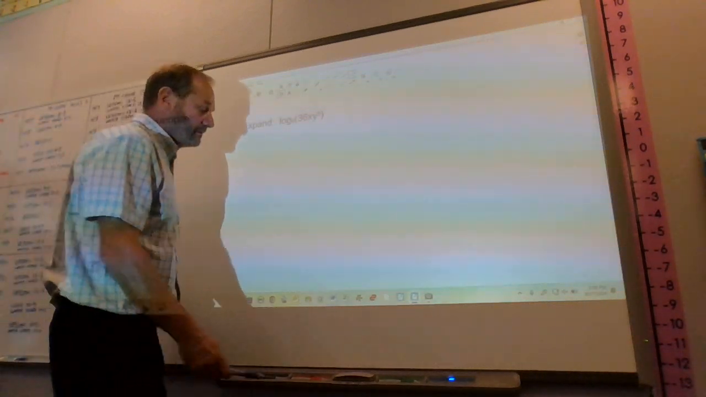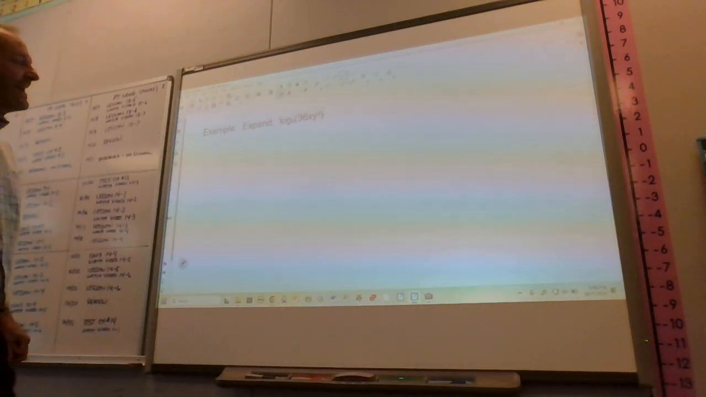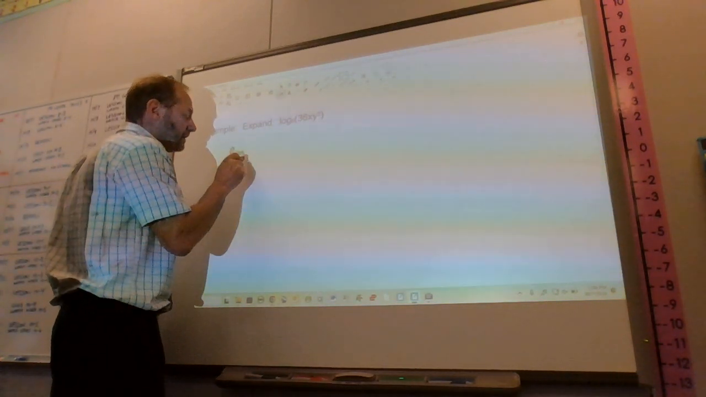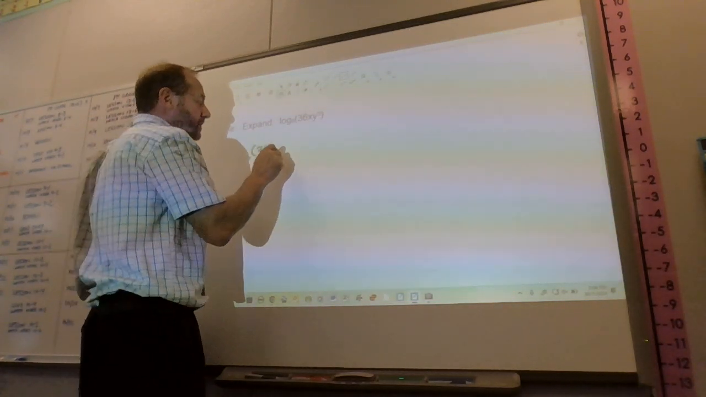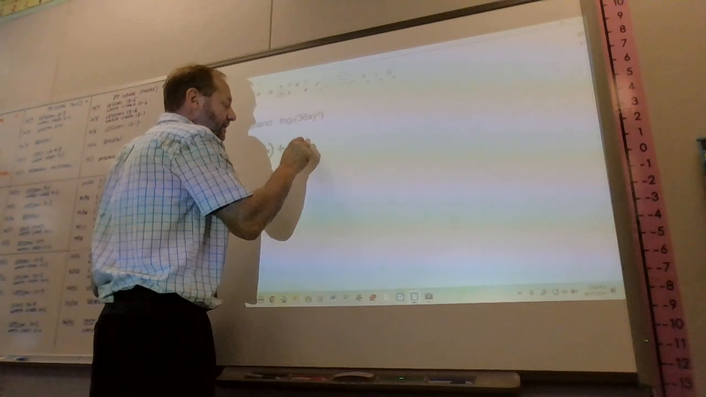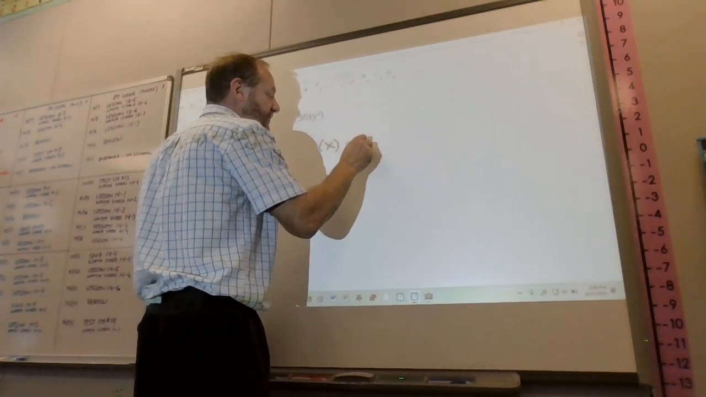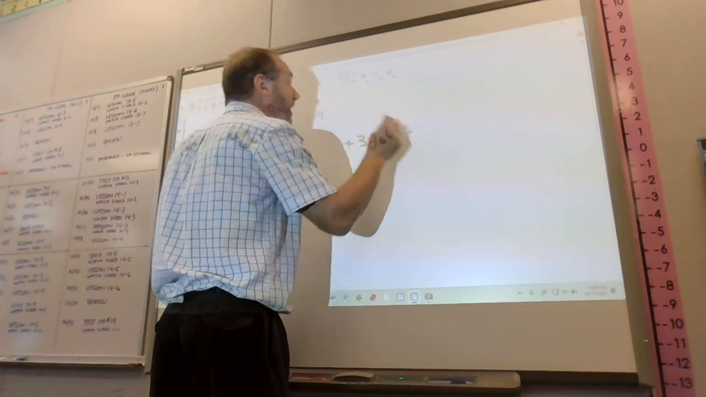Expand. The log base 6 of 36xy cubed. Okay, so that's going to be the log base 6 of 36 plus the log base 6 of x plus 3 times the log base 6 of